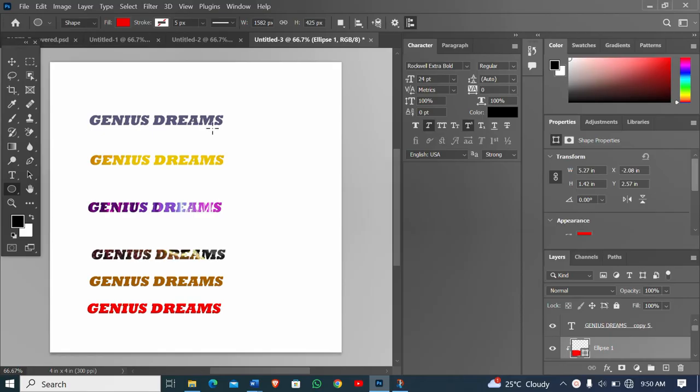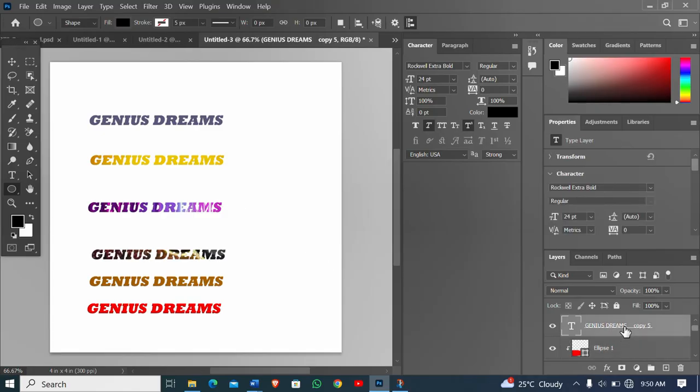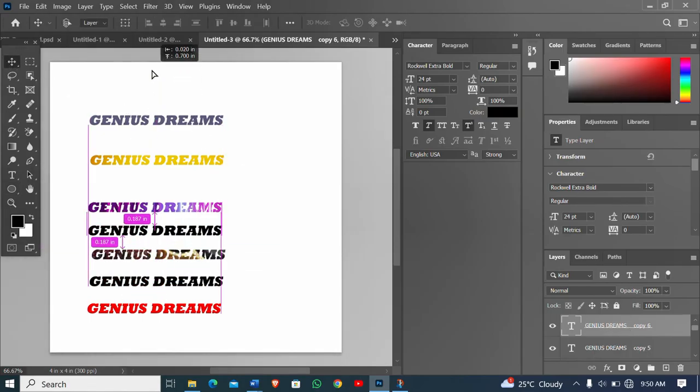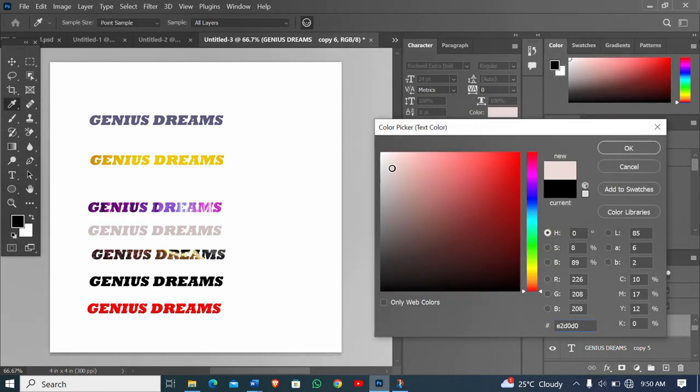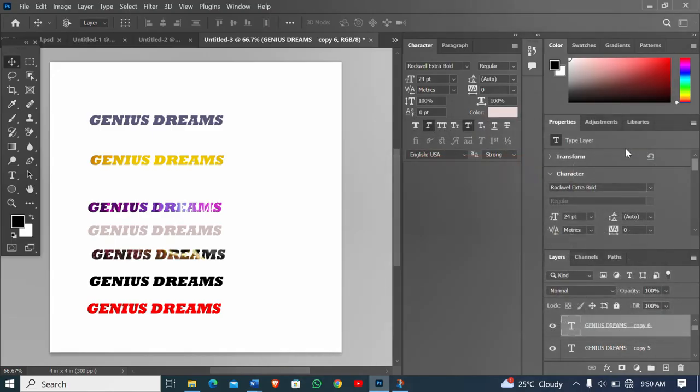So today we are going to look at how we can add a drop shadow to this text to make them more visible. In case these were in white color, let me just make a copy of one of these texts, Ctrl J, and then I'm going to change this color to this color like this. So for example, I'm going to add a drop shadow to this text to make it more clear or viewable. So I'll double click on this layer